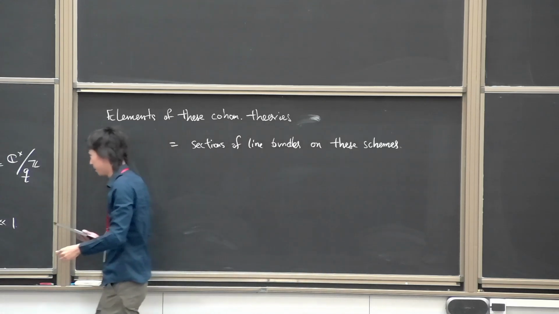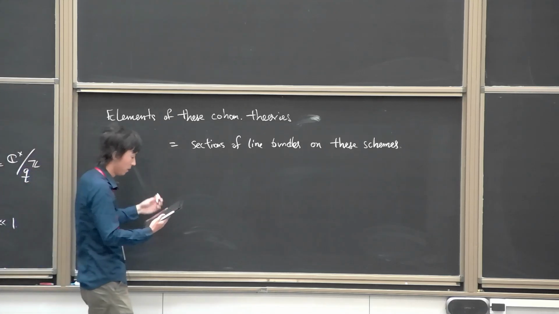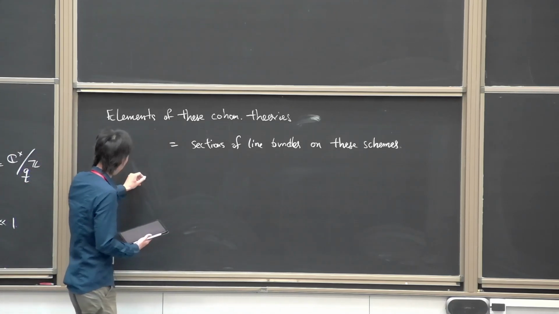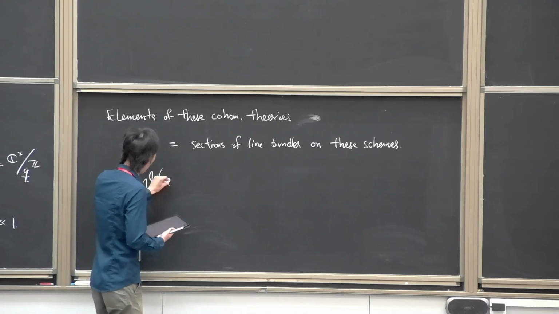And in particular, I'll be writing down some quantity which you're supposed to think of as some quantity in equivariant elliptic cohomology of a point. So it will be some section of some line bundle on some number of copies of an elliptic curve. And in particular, there's one very special section which I'll be concerned with, which is the odd Jacobi